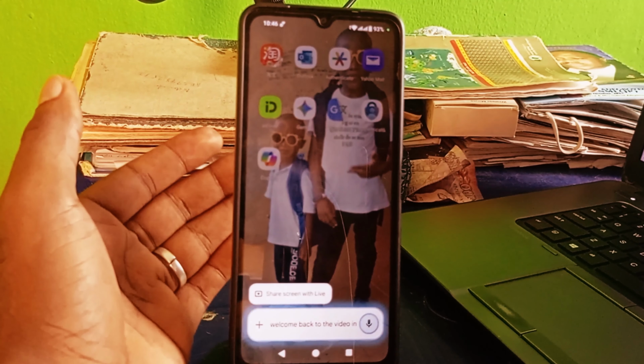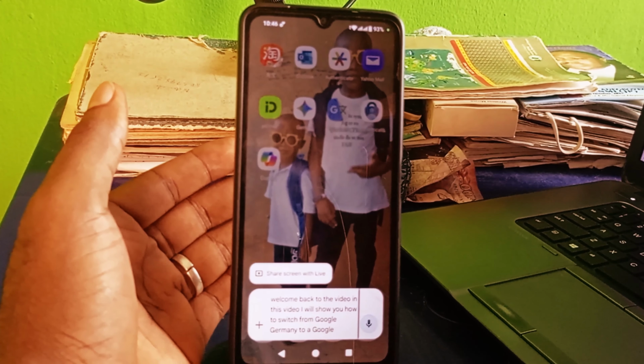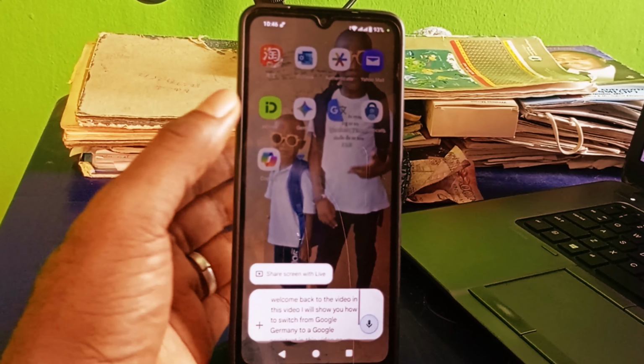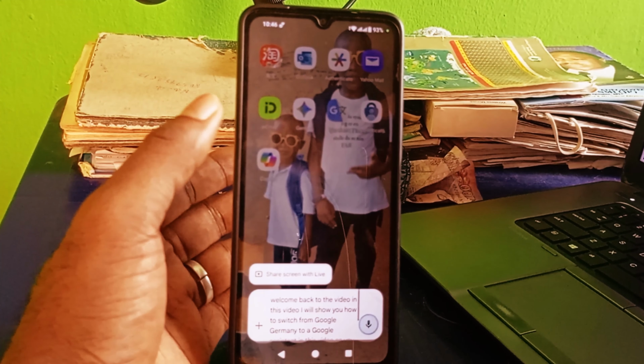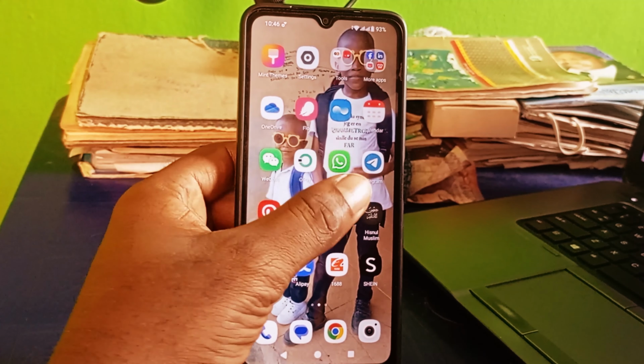In this video, I will show you how to switch from Google Gemini to Google Assistant. As you can see right here, this is Google Gemini. So we want to switch back to Google Assistant. So let's get started. The very first thing we want to do on our phone right here is to